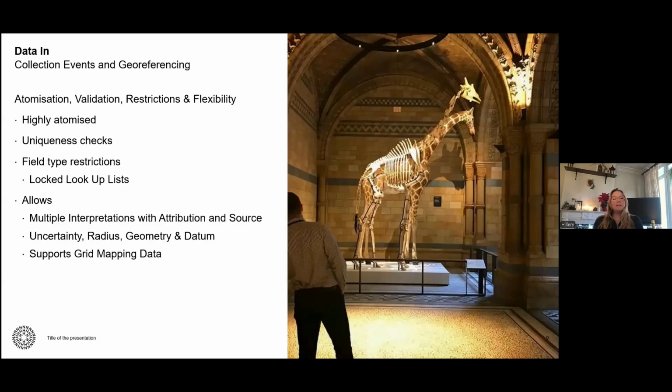In terms of flexibility, it does allow, as you were talking about to Malcolm, one of the questions was about the previous data, the less precise data. The system does allow those multiple interpretations to all be kept on that site. So if you are looking at an object record and it has a site attached, and you follow through to that site attachment, you will see the attribution on the lat long. So it'll say, Hillary Warner in